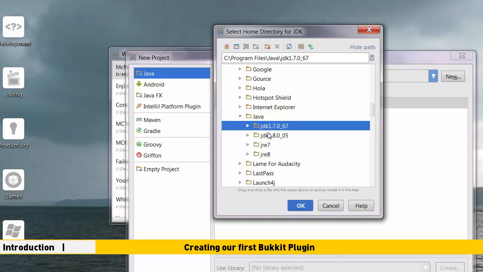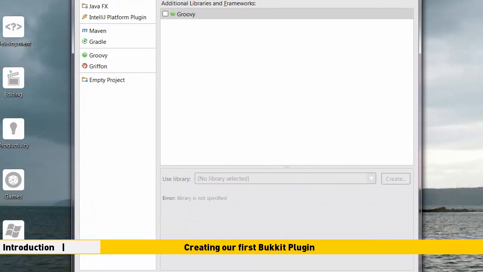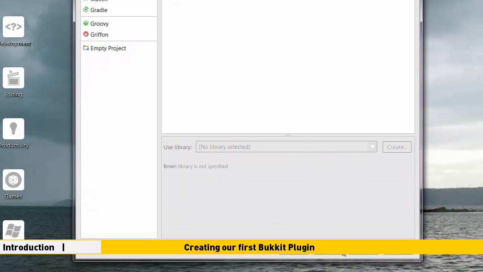Free. And once you've got that installed, just come back here, hit this refresh button, and you should be able to see your JDK there. Now make sure to hit that refresh button as I said, click OK, and we're ready. You can now select it here. You don't need any additional frameworks just yet, we'll learn about those in the future, and you now want to